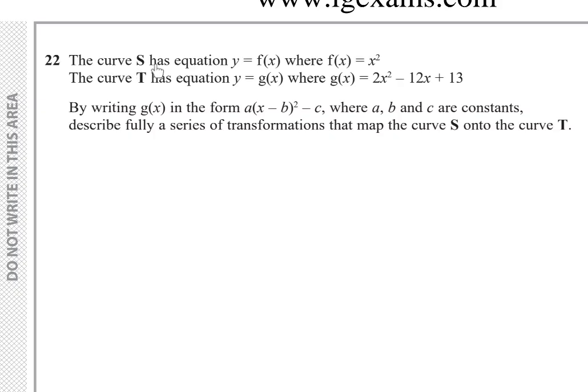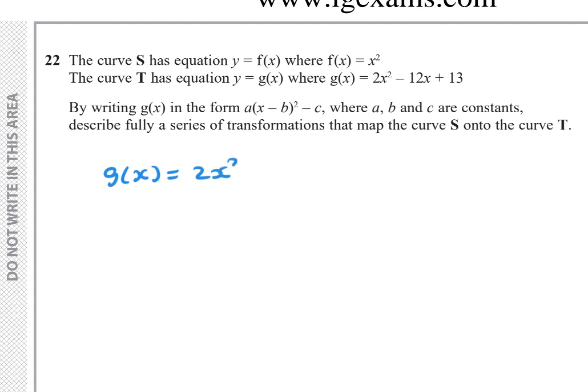22. The curve S has equation y equals f(x), where f(x) equals x squared. The curve T has equation y equals g(x), where g(x) equals 2x squared minus 12x plus 13. By writing g(x) in the form a(x minus b) all squared minus c, describe fully the series of transformations that maps the curve S into the curve T. So g(x)